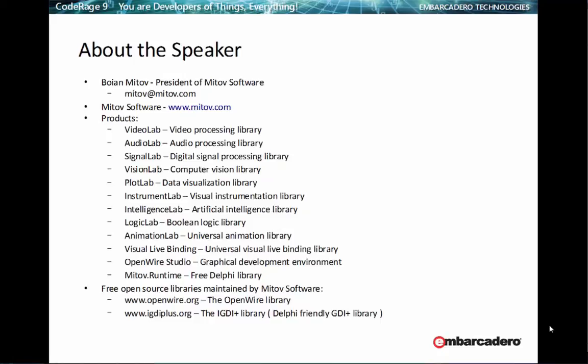Yeah, they do. Can you tell us more about your Mitov Runtime Library? Sure, absolutely. I actually wanted to do some sessions about it, but all of the slots were full.